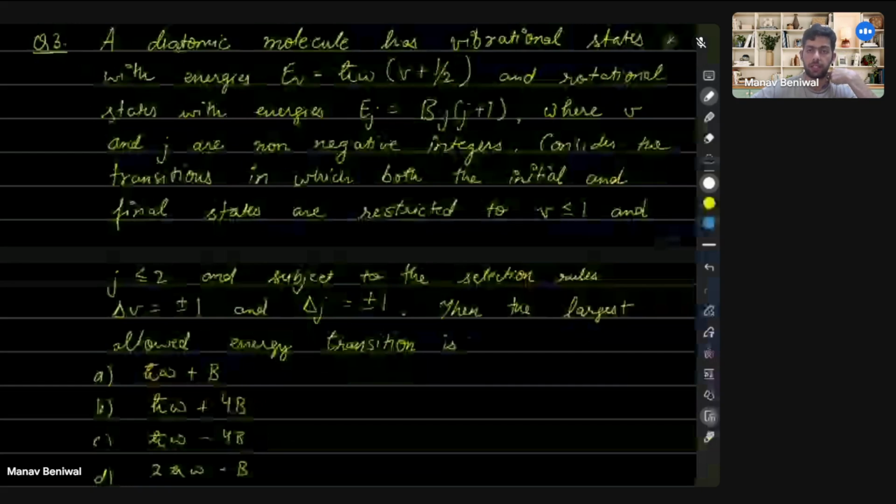Here V and J are non-negative integers and these are the vibrational and rotational quantum numbers. This we already know. Okay, so first of all note that the vibrational states are that of an ideal harmonic oscillator. There are no anharmonic terms, so we are good there. Then we have to consider,